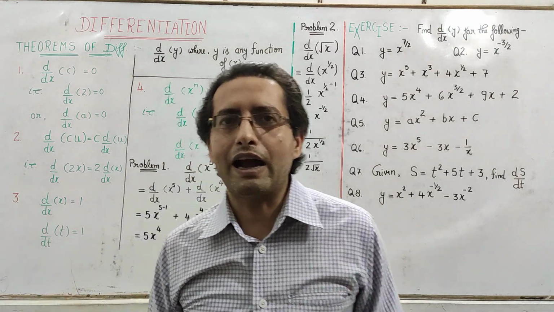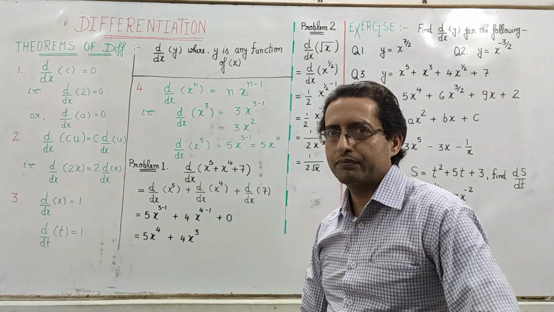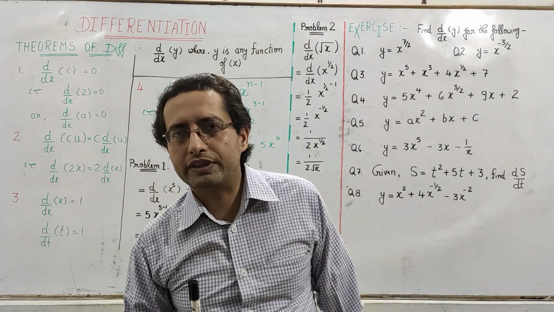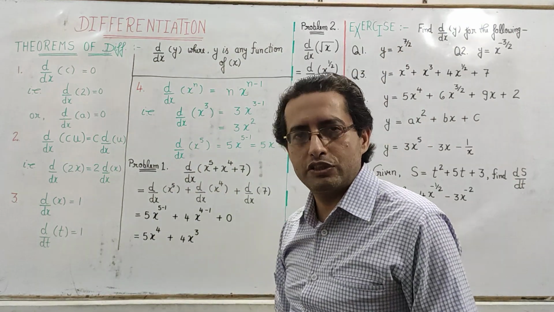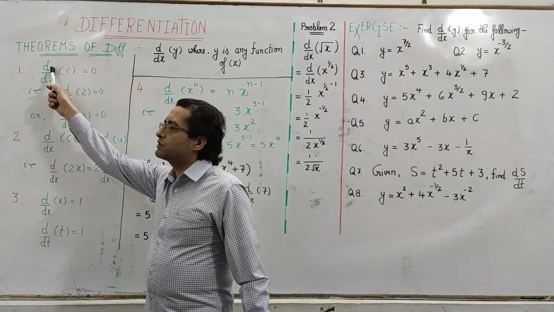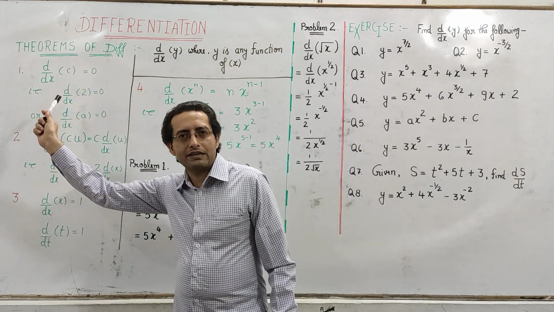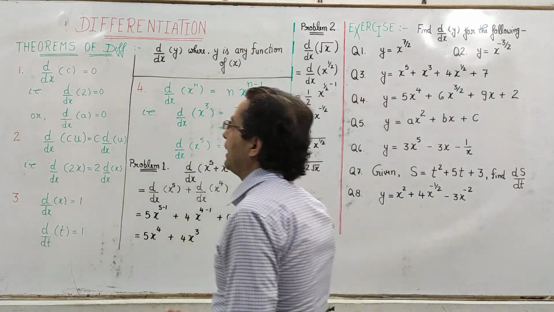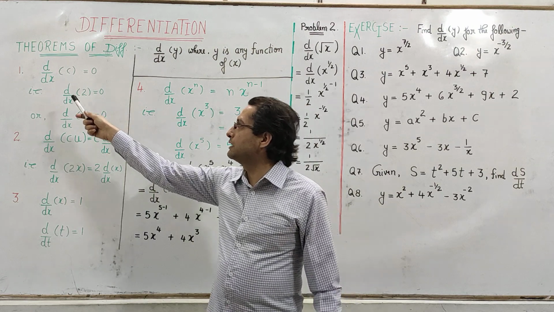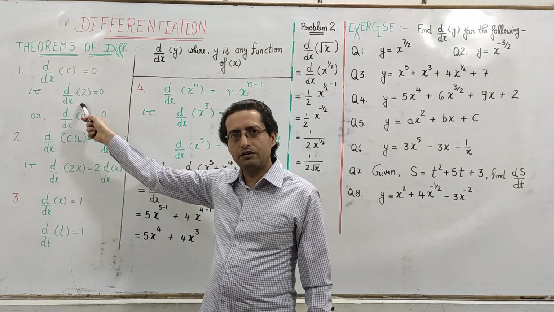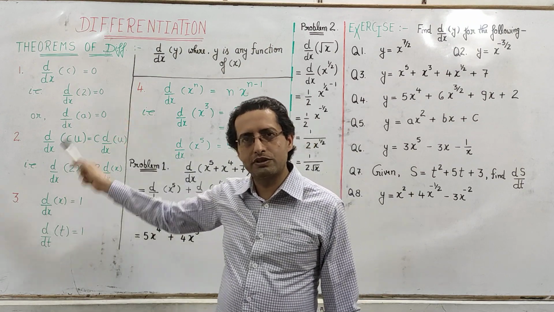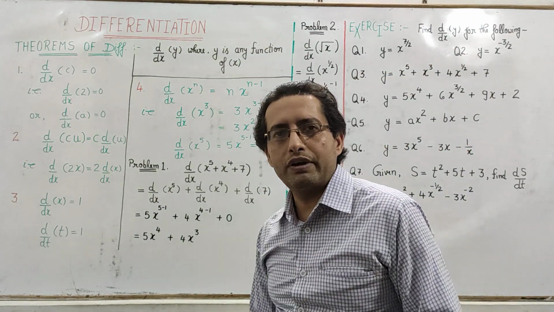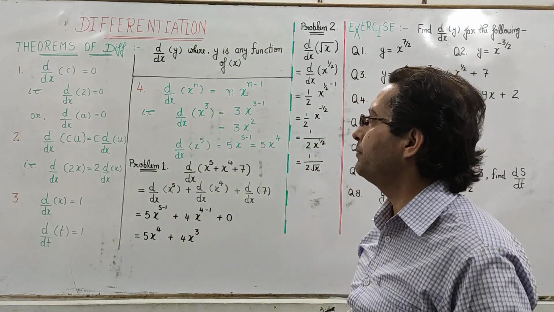We are starting with the first formula here, and it is d over dx c. C represents any kind of constant value here, and whenever any constant value is differentiated with respect to x, it becomes 0. So the first formula is d over dx c is equal to 0. In place of c we can take any constant value, for example d over dx 2, where 2 is the constant value, so it also becomes 0, and d over dx a also becomes 0 here.